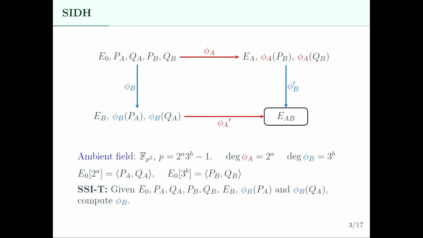SIDH is this little square where you do a sort of Diffie-Hellman key exchange with isogenies. It's just that in this Diffie-Hellman, you don't just replace the exponentiation by isogenies, but you also need to publish some torsion point information to have a commutative diagram. So in SIDH, you use very special primes of the form 2^A times 3^B minus 1 for the sake of efficiency, and you publish some torsion point information through your secret isogenies.